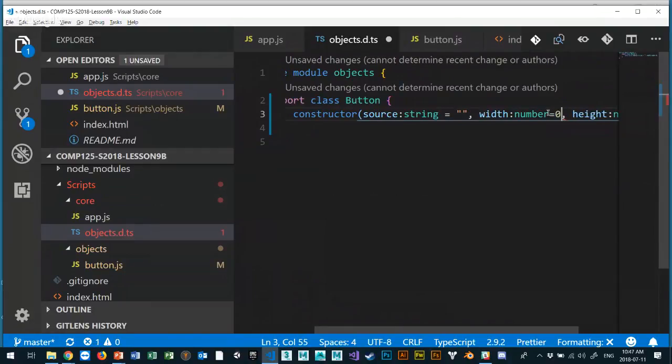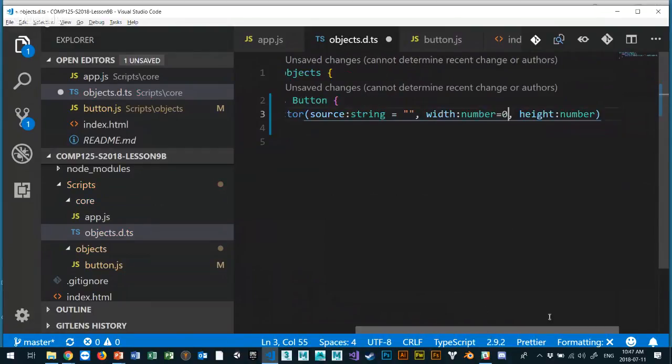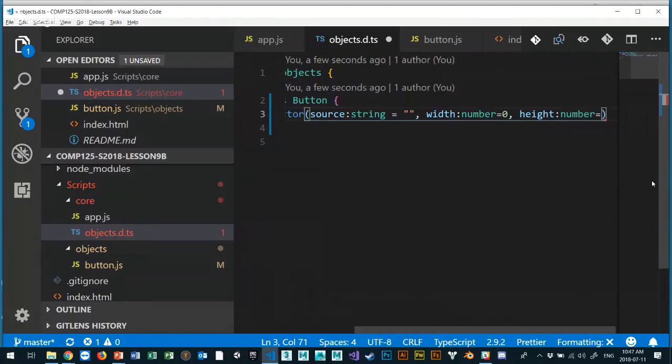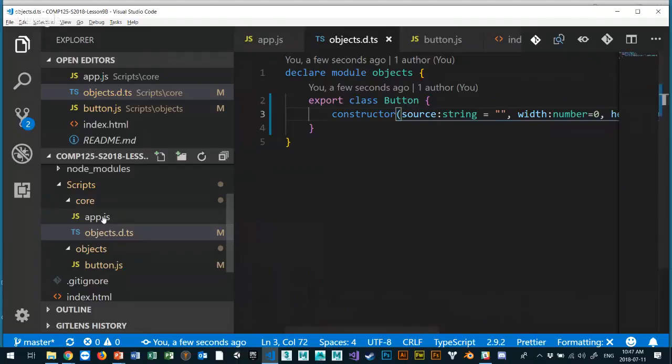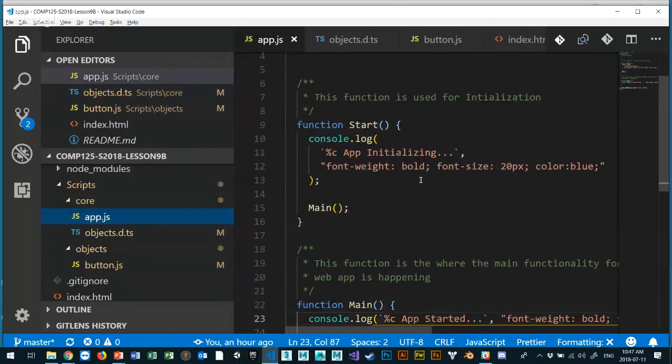Now, later on, we won't have to do this, because if you ever use TypeScript, which I'm going to try and get you guys to learn by the end of the semester, we'll see how it goes. So if I do this as an example, before I start using it in my app.js,